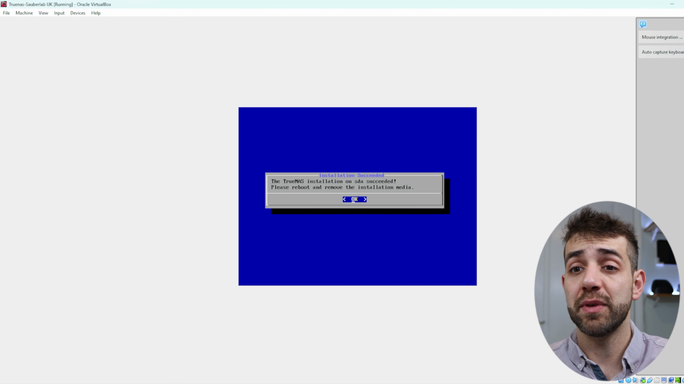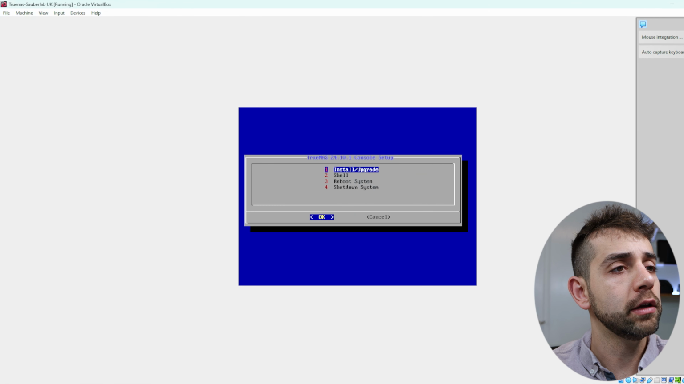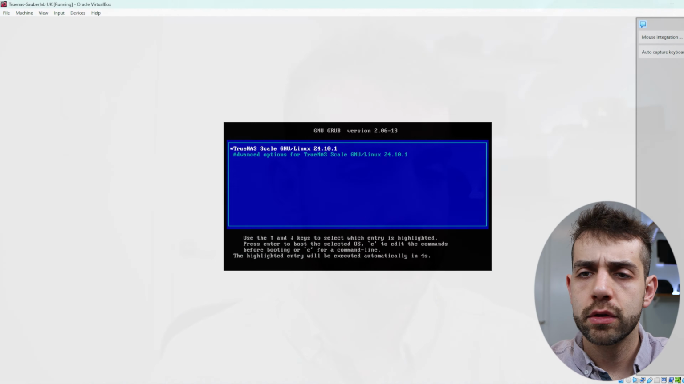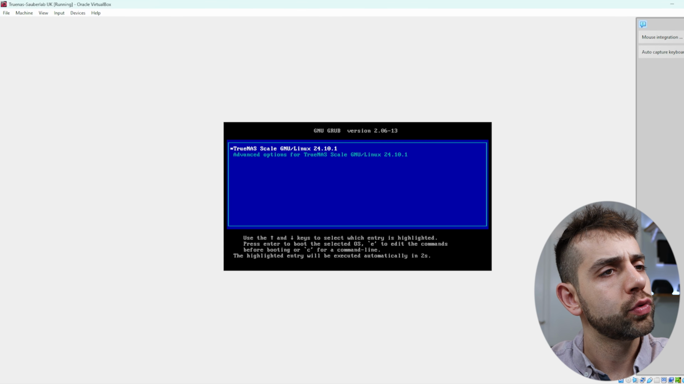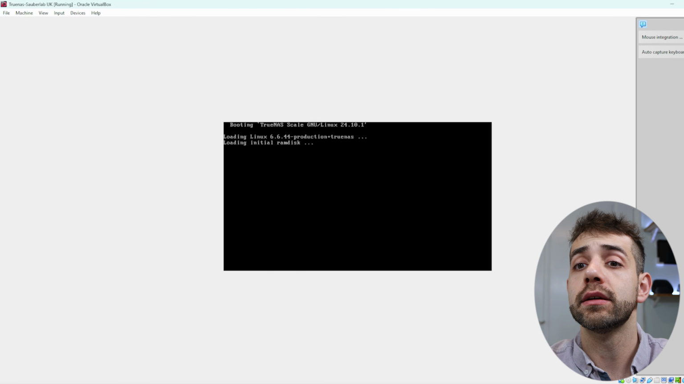Once the installation has been completed, they will give you this page, where you can click OK, and now we can reboot our system. Remember, if you reboot your system, make sure that you take out the USB stick, otherwise it will run the installation again. So as standard, they will ask you to start your system, TrueNAS Scale,